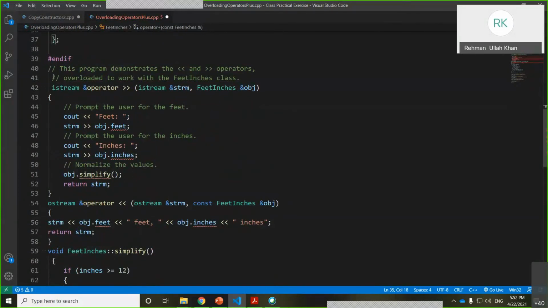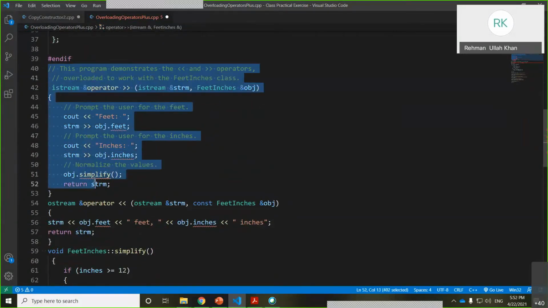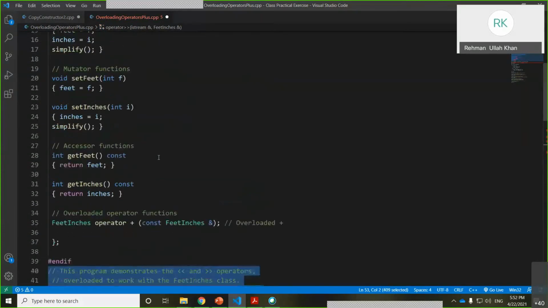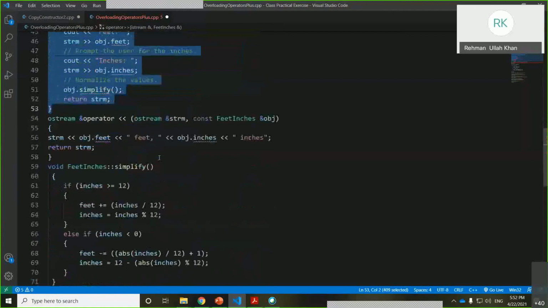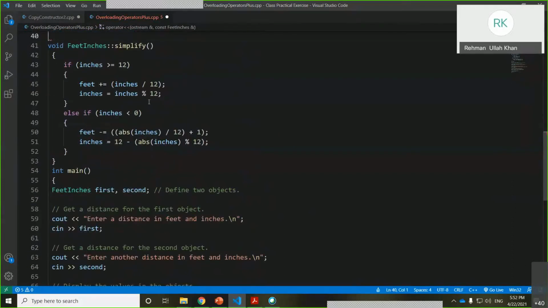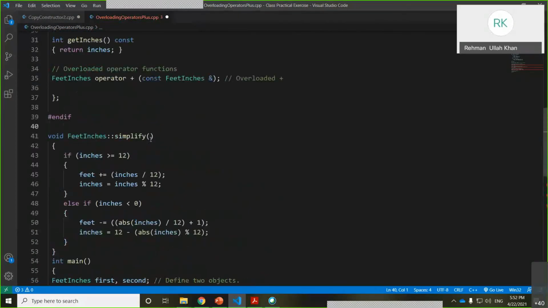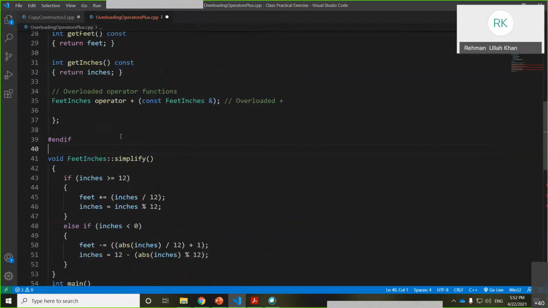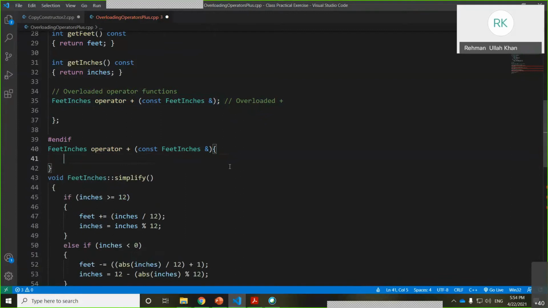I will delete the rest and only leave this. You see, this function is declared inside the class, so I want to define this function outside the class. Let's see how to do it.